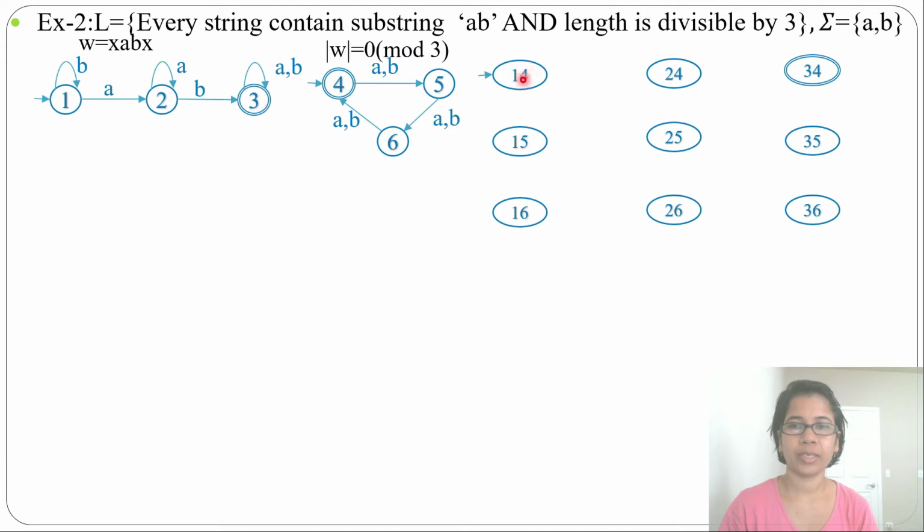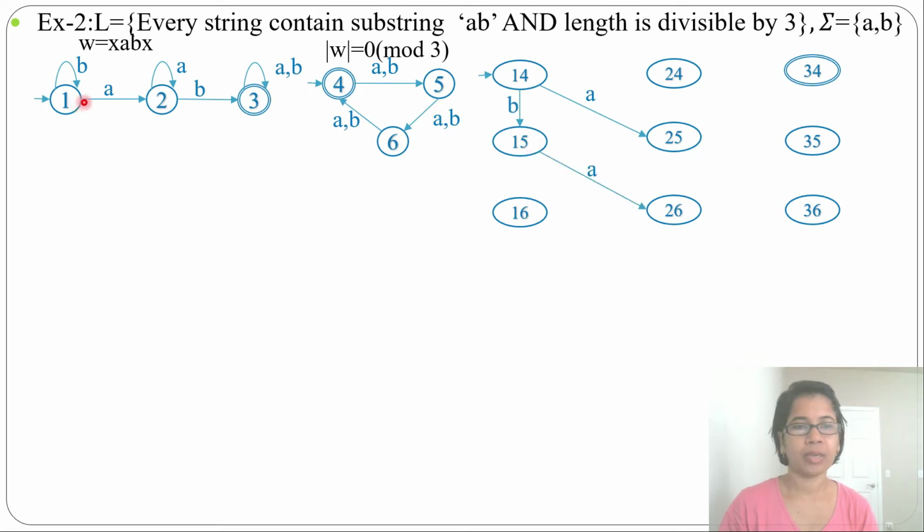I will do it for state 1 4. From 1 by A go to 2, from 4 by A go to 5. So from 1 4 by A go to 2 5. Now from 1 by B it goes to 1, from 4 by B it goes to 5. So from 1 4 by B it goes to 1 5. Then for 1 5: from 1 by A it goes to 2, from 5 by A it goes to 6, so from 1 5 by A it goes to 2 6.